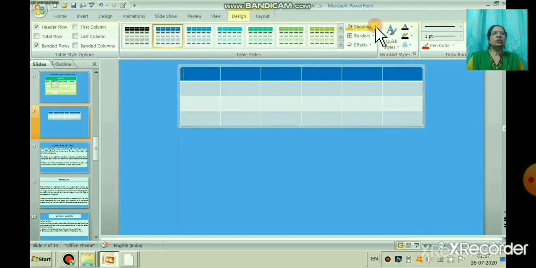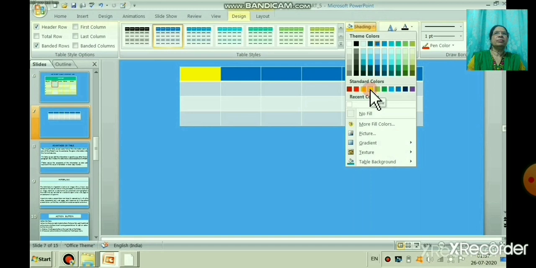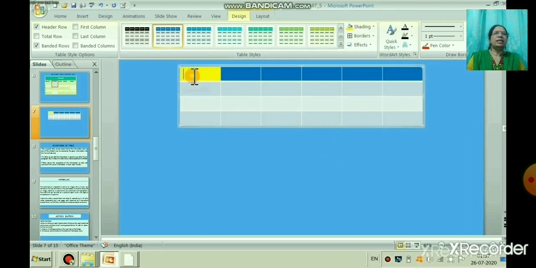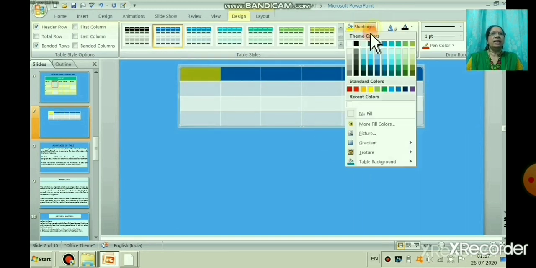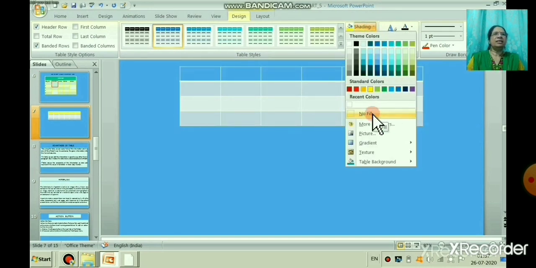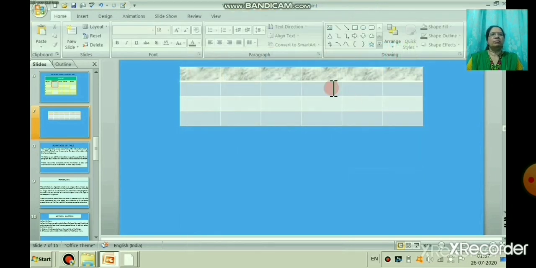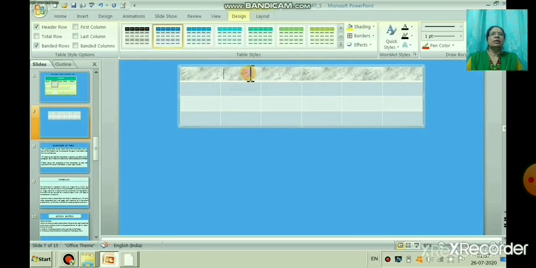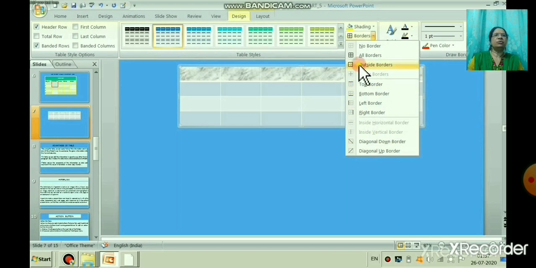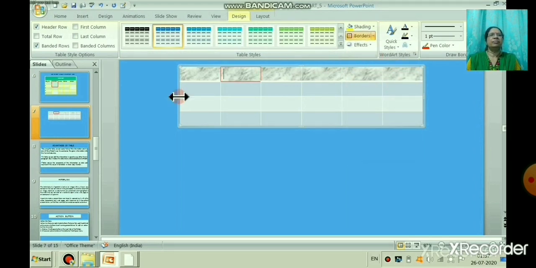So now, children, what are the advantages of a table? By using a table, we can easily find the information, and it is one of the efficient ways to summarize the given information in the form of columns. So you can add texture also, right? With the help of Design, you can create different layouts. This is the second method we are using to create a table, by using rows and columns.